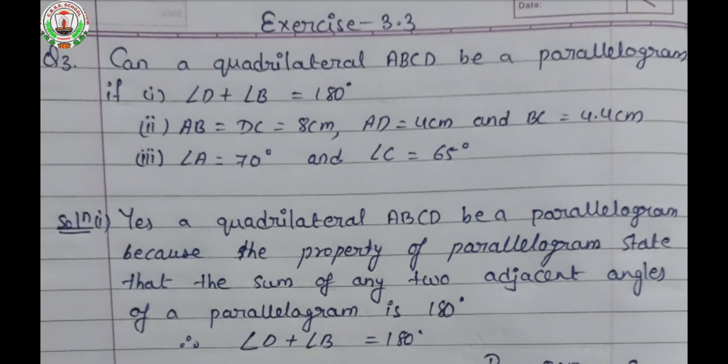As you know, on the coming Monday there will be a pre-midterm exam, isn't it? The syllabus for your pre-midterm exams is chapter 1, that is rational numbers, chapter 2, that is linear equations in one variable, and chapter number 12, that is exponents and powers. So these three chapters will come in your exam.